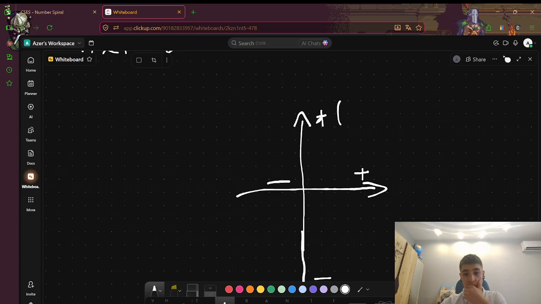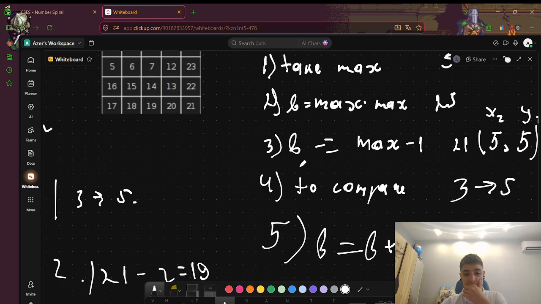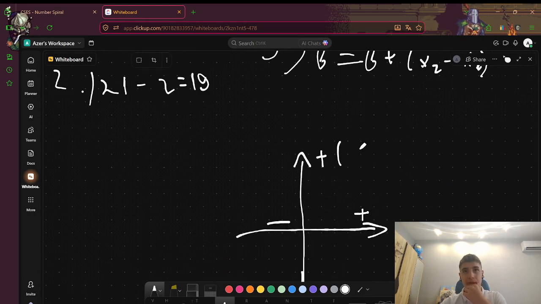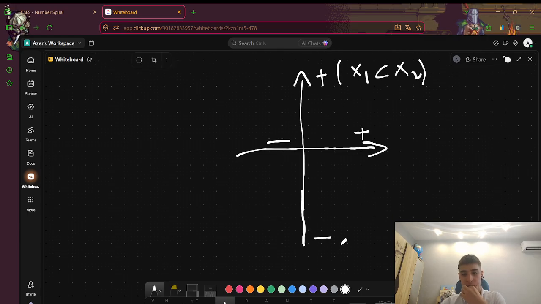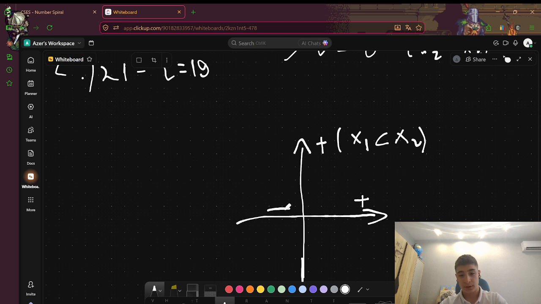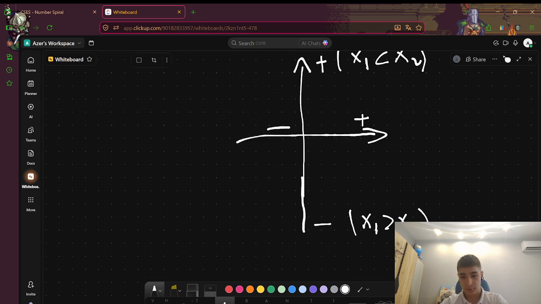So, and if x1 is less than x2, then we go right here. So x1 is greater than x2, minus, okay. And when minus is going to happen,